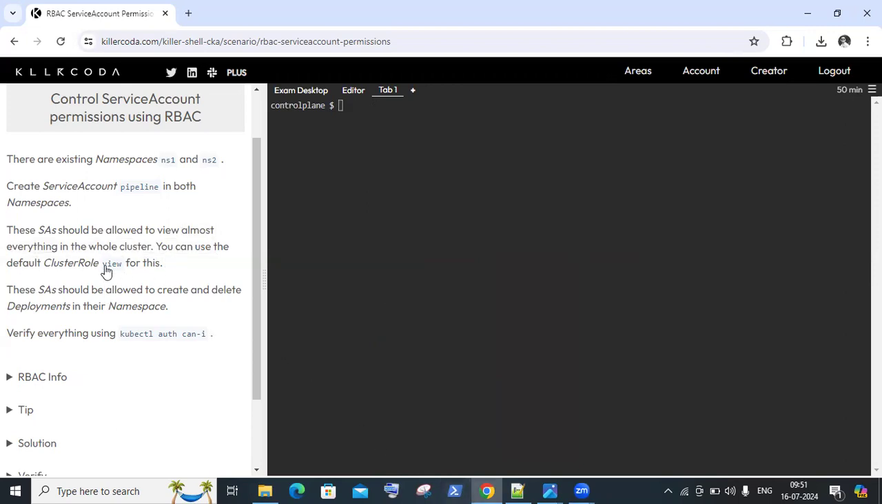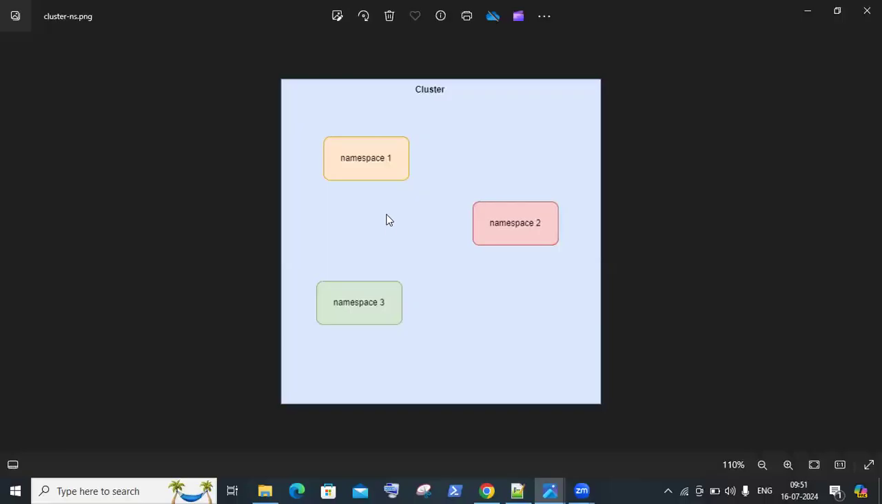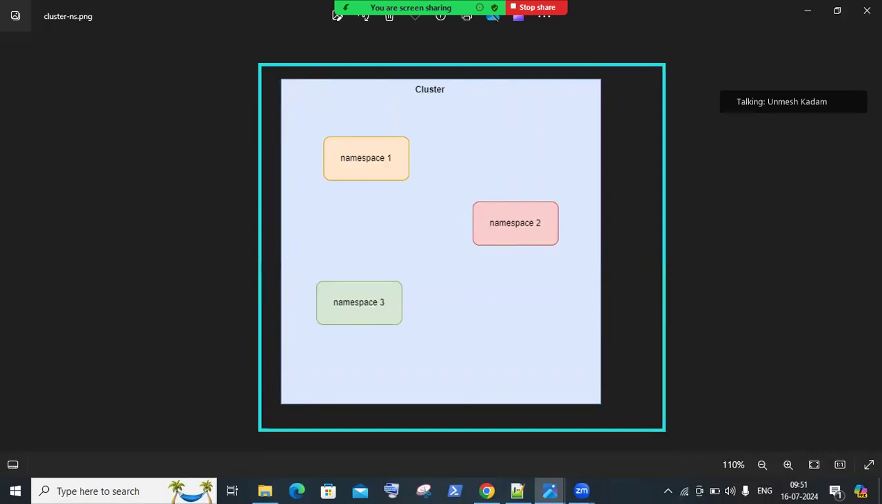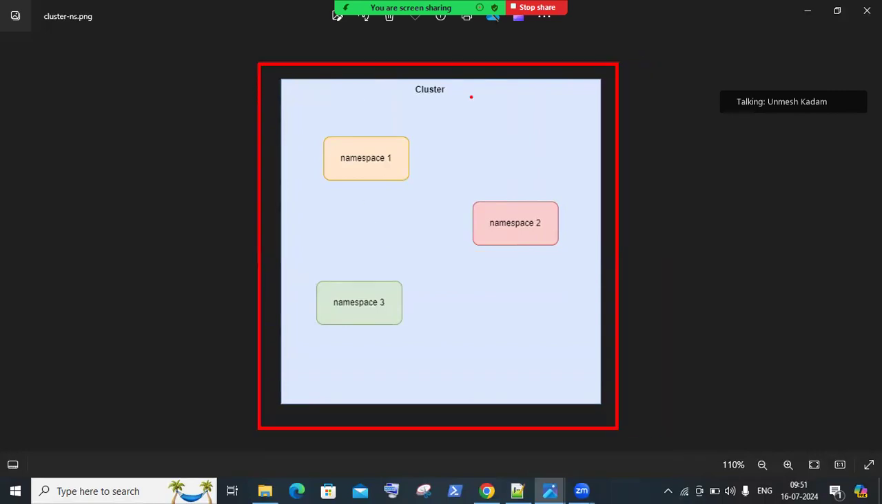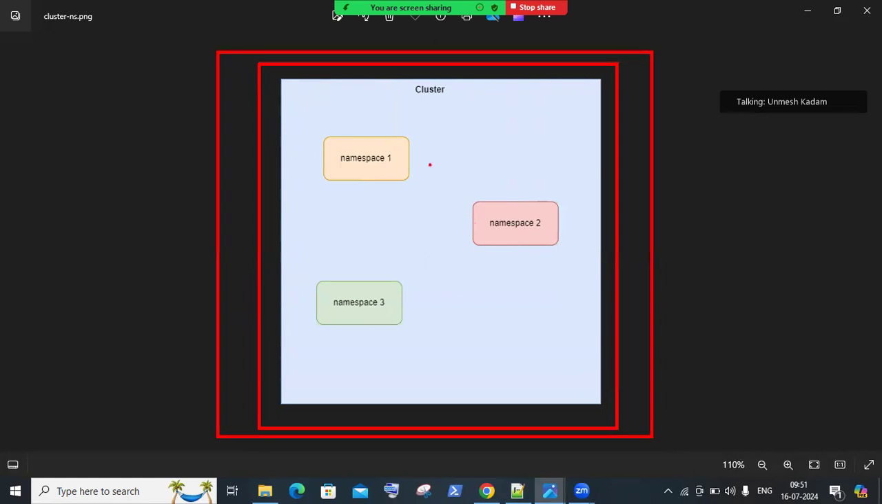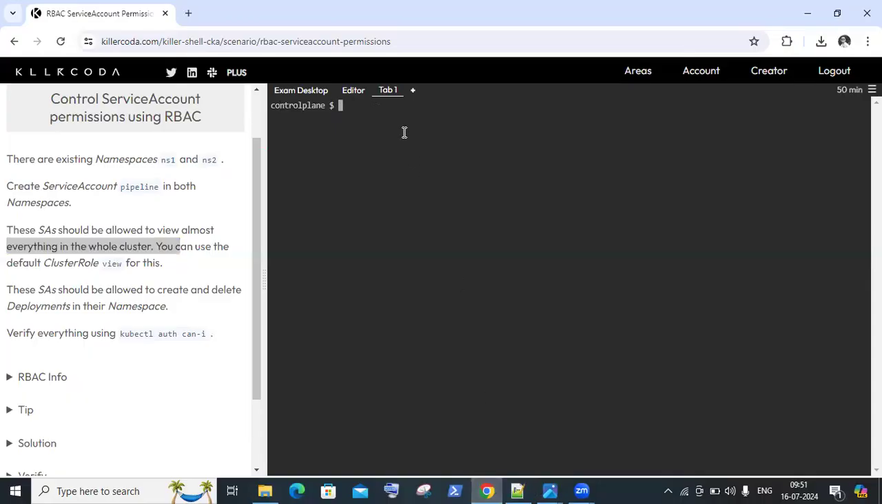So they're saying that this SA should be allowed to view almost everything in the whole cluster. Now we have a cluster role which is already present, so we'll create a cluster role binding so that we don't need to go granular on the namespaces. So let's create the cluster role binding. kubectl create cluster role binding. They have not given any specific name, so we can keep it as anything. So crb, and the cluster role will be view,